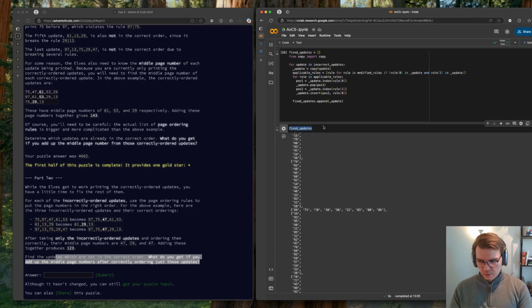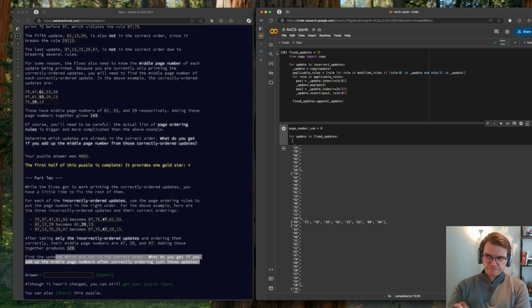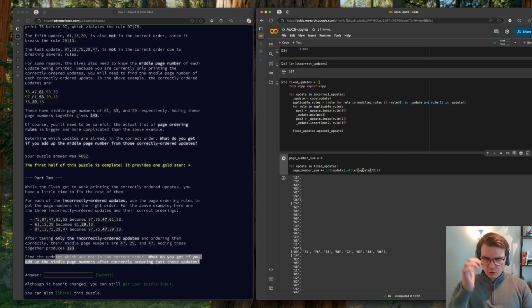So basically we can have the page number sum, and let's put it 0, and then for update in fixed updates, we want to basically do this. Since we know that it should be applicable, we don't need to fix or check any more